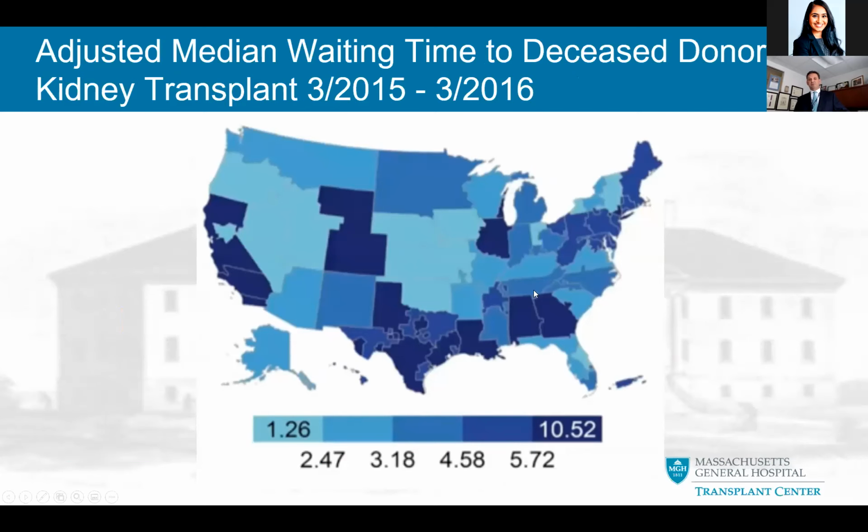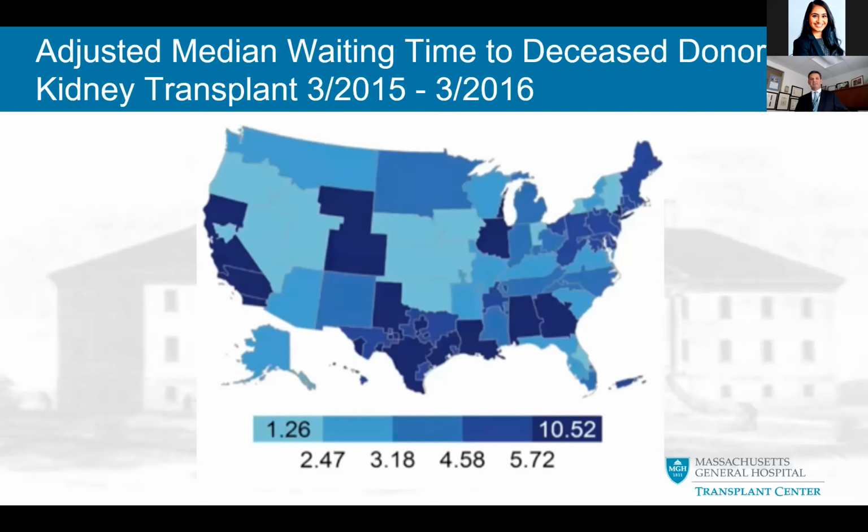And you see there are certain parts in light blue, like upstate New York, the Midwest, and part of the Northwest here, where patients waited less than 2.5 years for a kidney. Compare that to certain parts of New York City, Georgia, Alabama, Louisiana, parts of Texas, parts of California, where the waiting time was upward of 5.5 years. And that's where essentially we're not following the final rule.